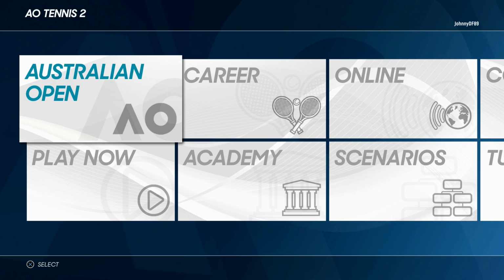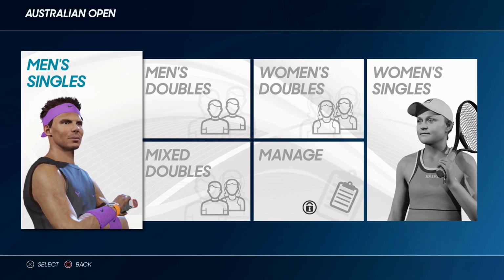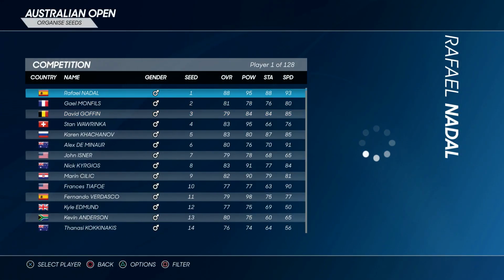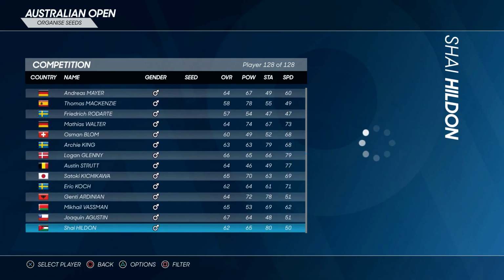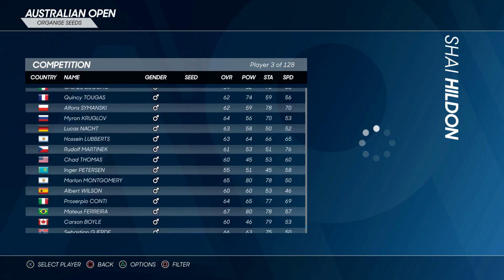But anyway, as you first pop in, this is the new user interface compared to the last game. The first game was quite bland, and to be honest, this isn't much different. It's just a bit of a different layout, really. There's not much more to it than that. But the first thing you'll come across is the Australian Open option, which obviously if you want to play just the Australian Open, I'm pretty sure you can play either as one of the licensed players, or you can play as the generic players, and I think you can...